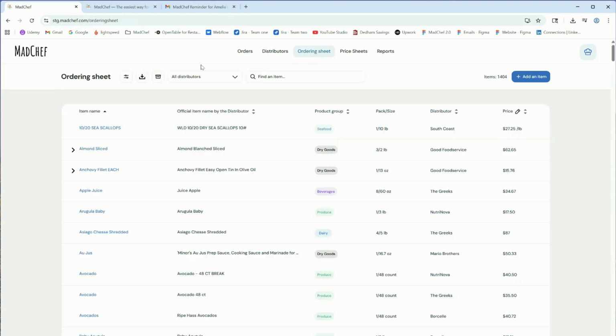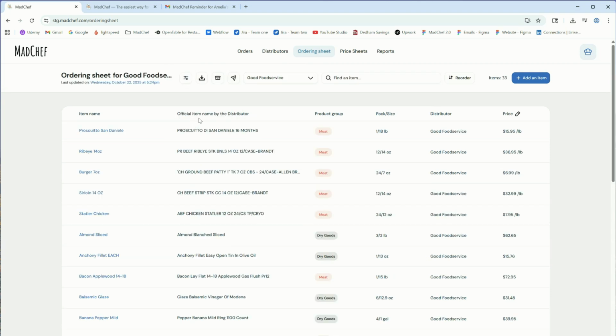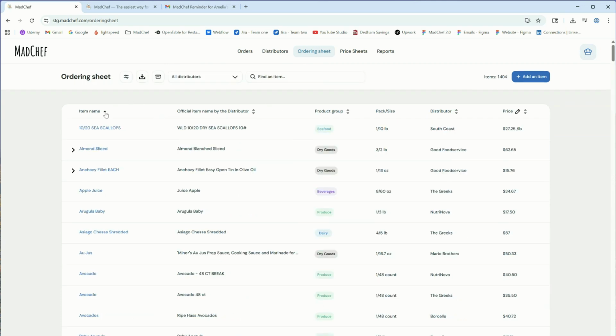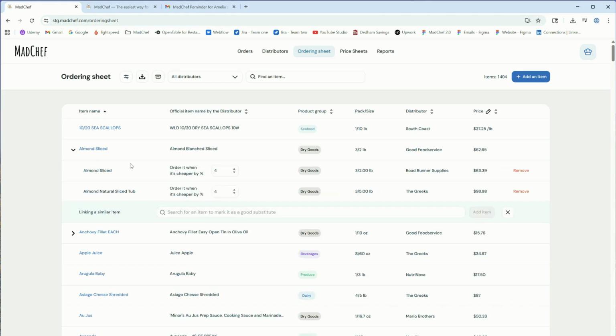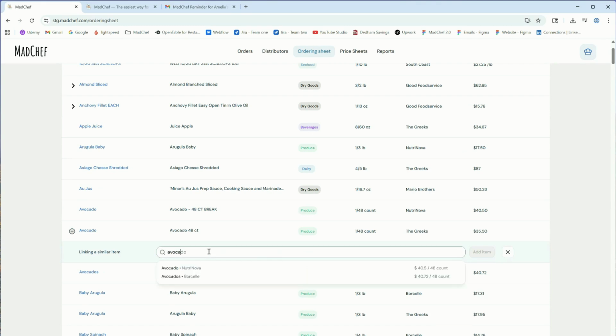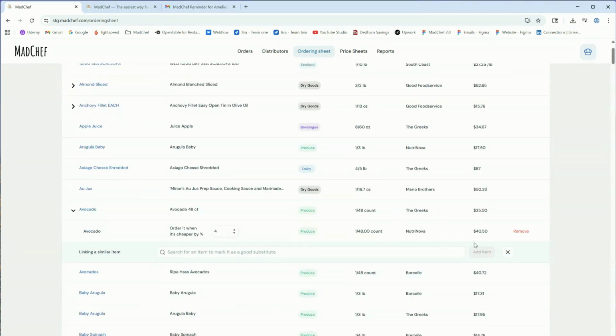This is my ordering sheet. Every chef has one of those, probably as an Excel file somewhere. What we did is we linked the same or similar items together from the different distributors. Let me show you how easy it is to link one. And as long as the units of measure are compatible, MadChef can do the math for you and figure out the lowest unit price. Believe me, for some items, this can be very tedious if you are doing it manually